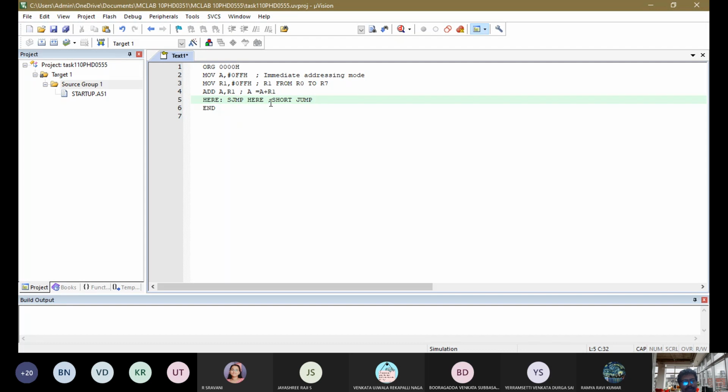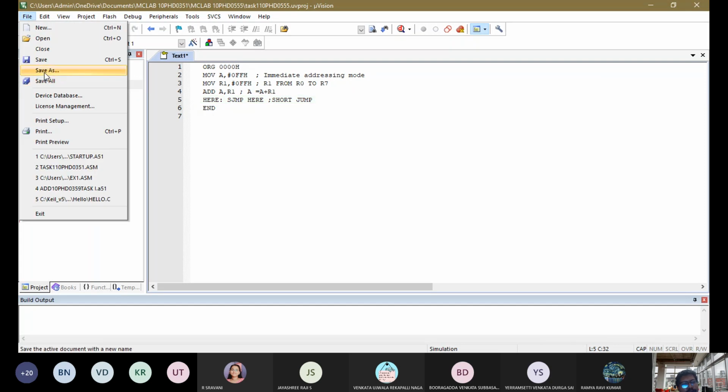It is similar to your goto statement: SJMP here, go to here. Here is mapped to the same line, so the system will stay on that line for an infinite period of time because it cannot move out. During that time, we can view what is there in the answer.